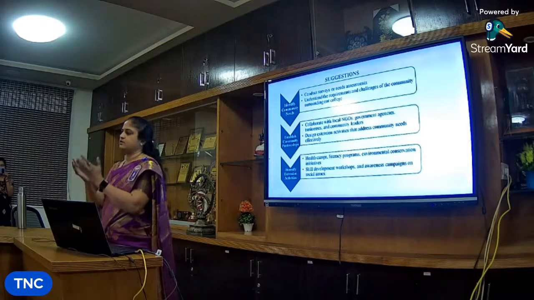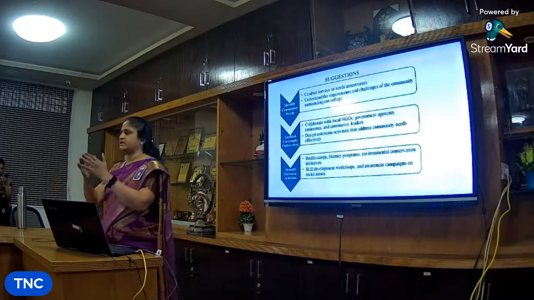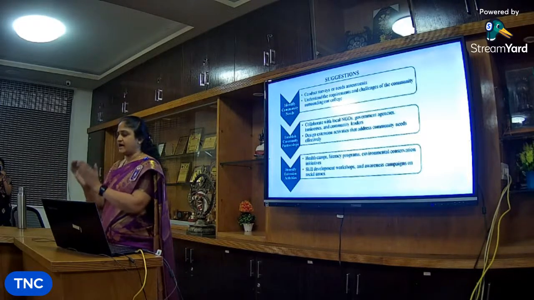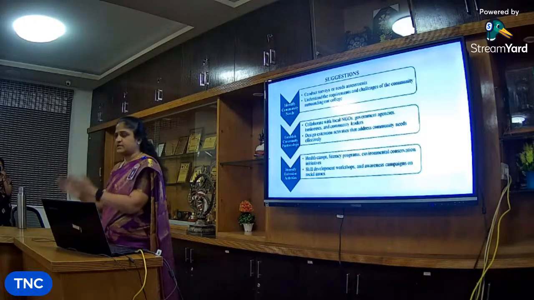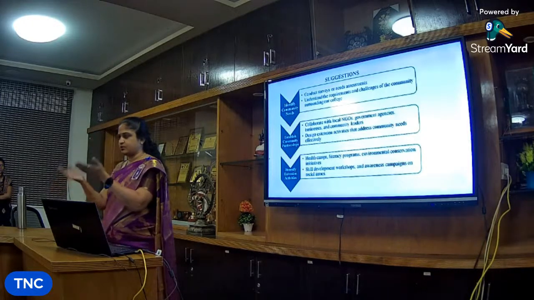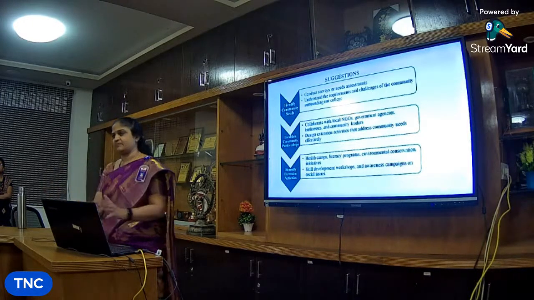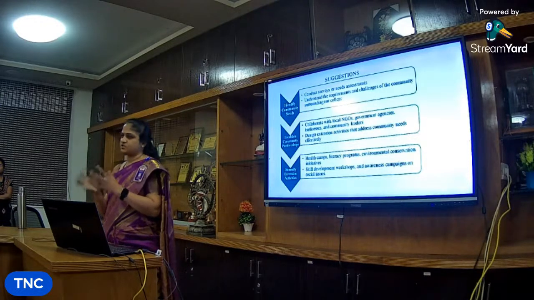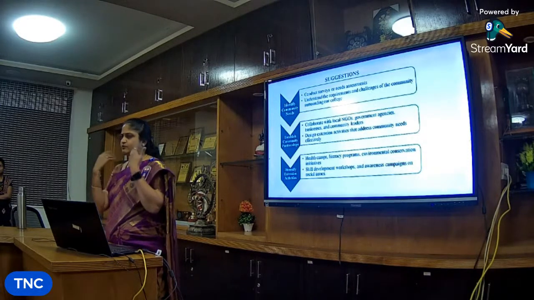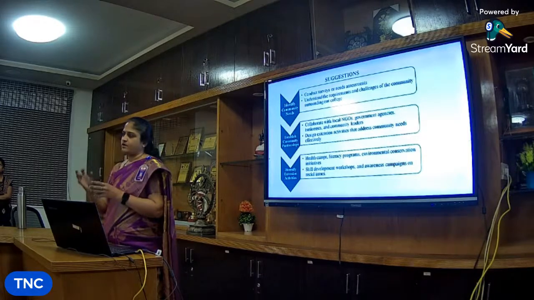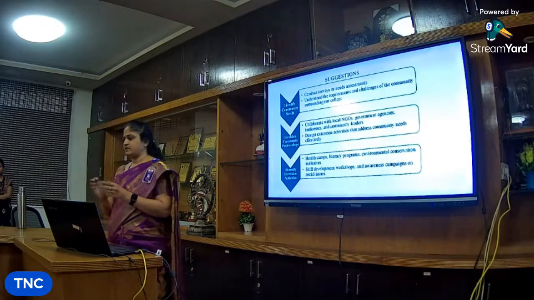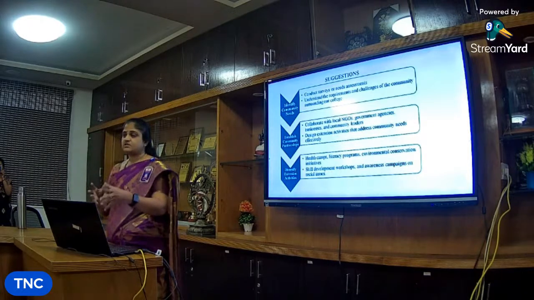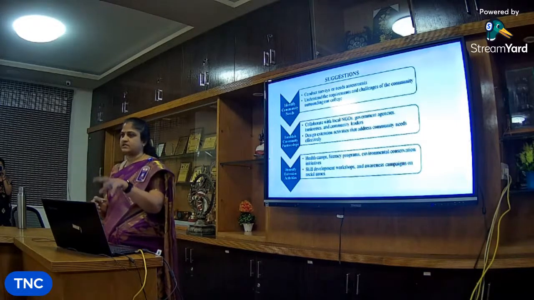If you're going to a village and doing some tree plantation, planting 10 or 20 saplings, you should know after 2 years whether they are maintained properly. Are they growing? Are they trees or still dead plants? So we have to do a follow-up. It's a strenuous process. We have to do the follow-up. Or say, for example, in a village, we are giving a training program to a group of women. So this is quantitative. All these are quantitative.